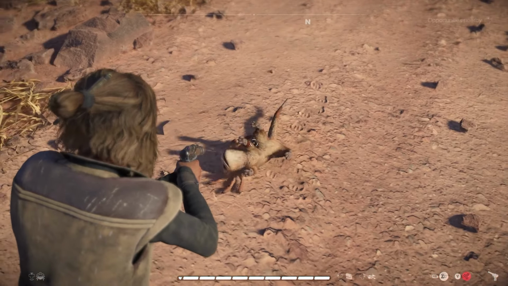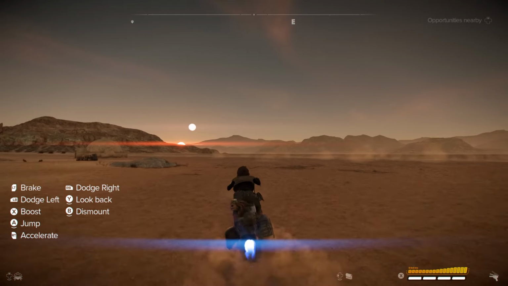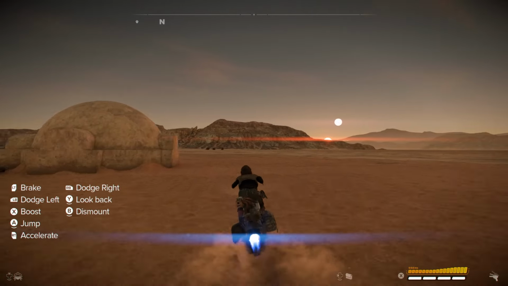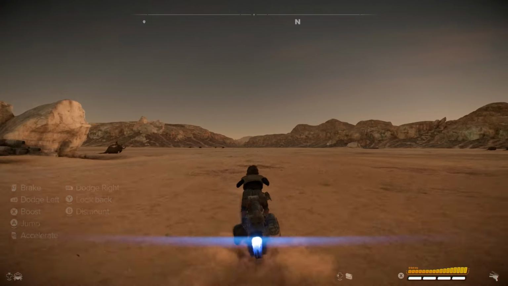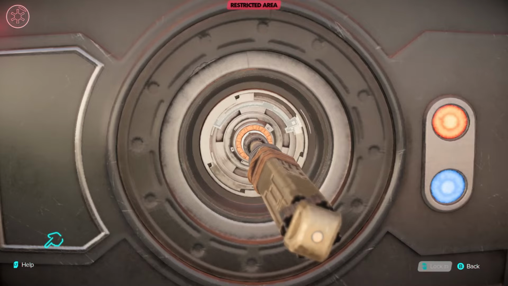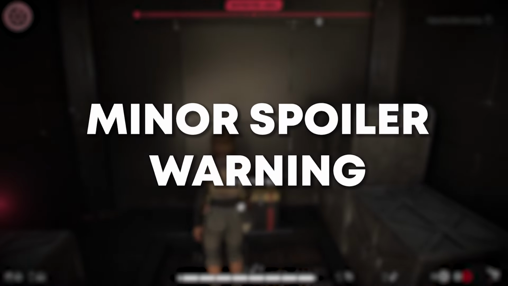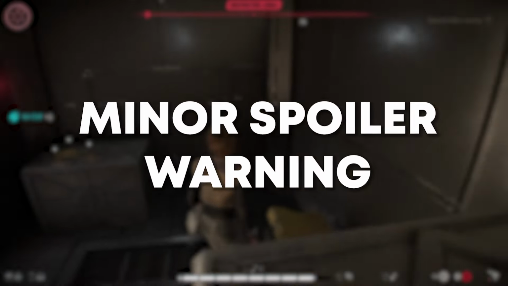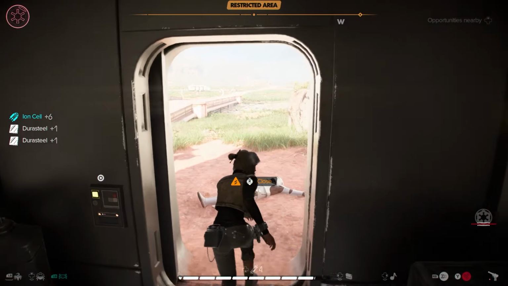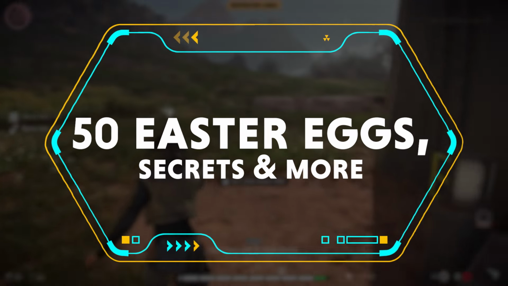Some of these are genuine Easter eggs, some of them are just little hidden things or nods to other pieces of Star Wars lore. Some of these are even just cool facts about the game or about Star Wars in general, and it's worth noting that although I won't really be talking about plot points from the main story, some of these do kind of toe the line of being spoiler territory, so if you're trying to avoid spoilers, I would recommend coming back and watching this after you finish the game. But with that being said, let's get stuck into 50 of the best Easter eggs, secrets, and cool facts about